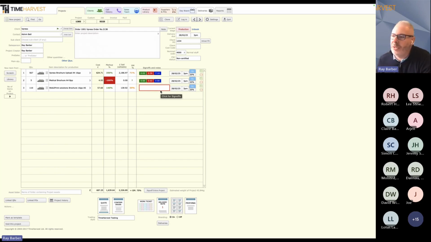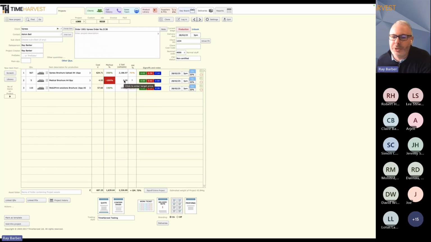So we've got a product library that we'd have made to match the products in the system on Timeharvest and on Vpress. And in Timeharvest here, it will show us the cost, subject to what machines we've set up to print these on and how we finish them. It's going to show us our markup and it's going to show us our selling price. So you can see we've got a 0 here because we've got a stock item that's already been printed. We already know the cost of that, but that's potentially already been invoiced